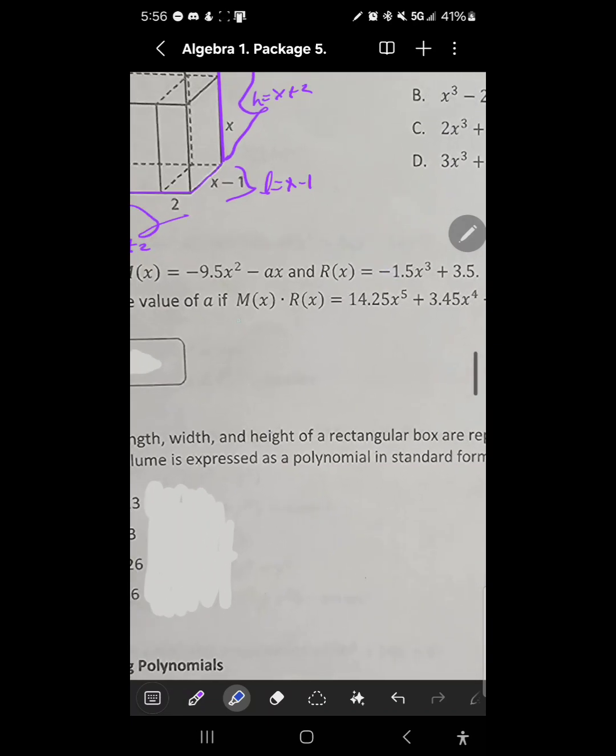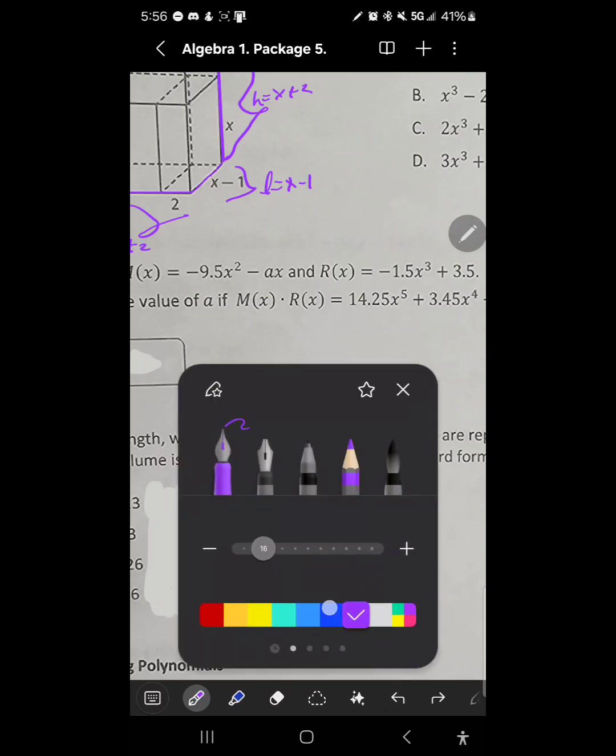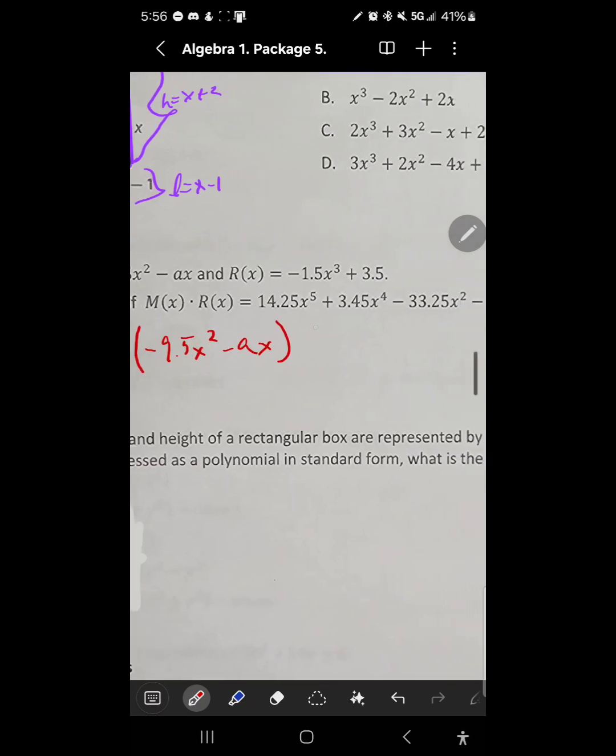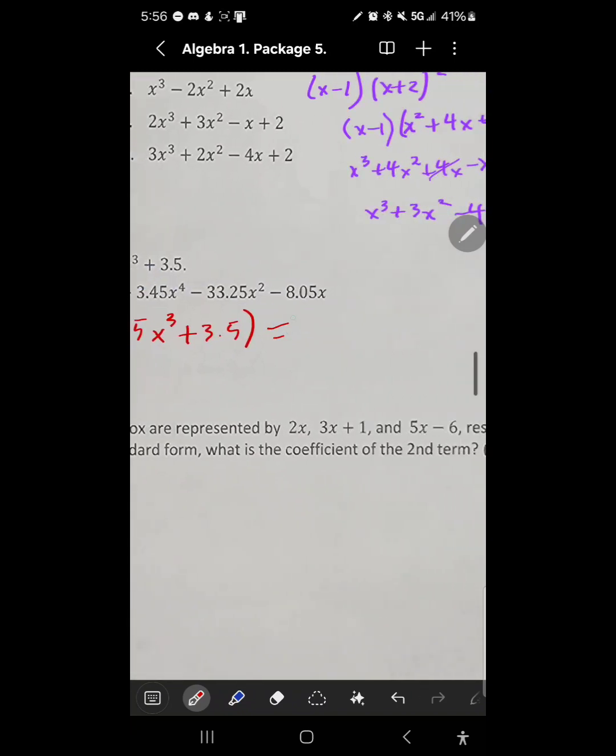So m of x is negative 9.5x squared minus 8x, all of this times our r of x, which is negative 1.5x cubed plus 3.5. All of this is equal